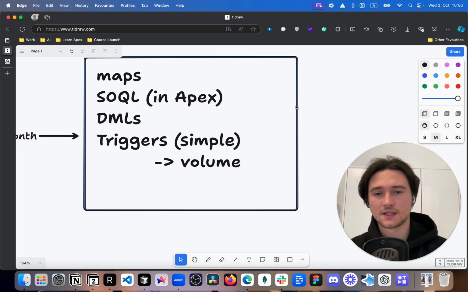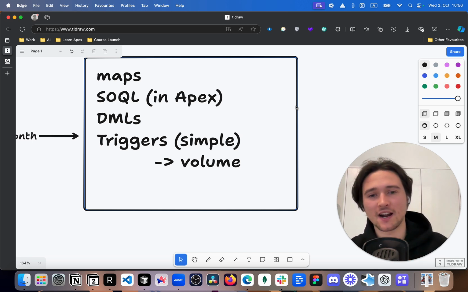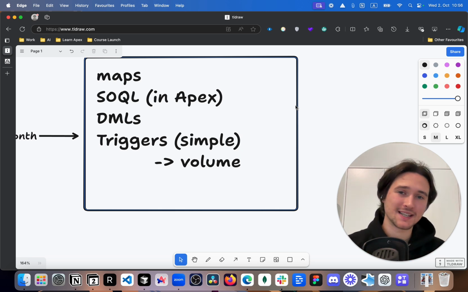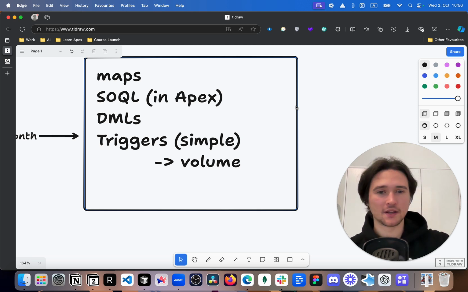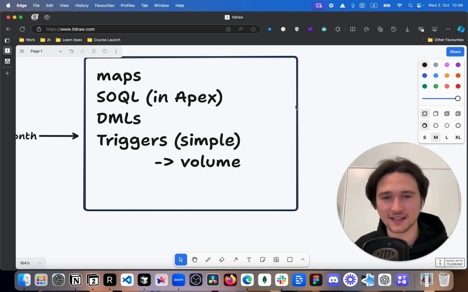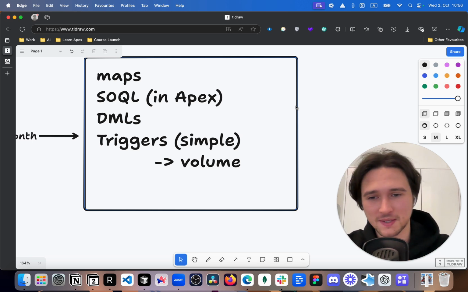Okay, so this is about simple triggers, and here's where it comes. Simple triggers are completely different from how you would write triggers in the real world, because in the real world you would probably use one of those three things: trigger handlers, trigger framework, or trigger action framework. Almost never would you just use a trigger in itself, unless you're super in a hurry. I don't know what could be the use case, but the point is you would probably not use it.